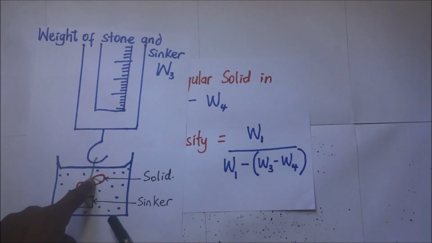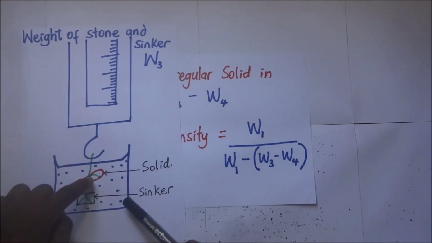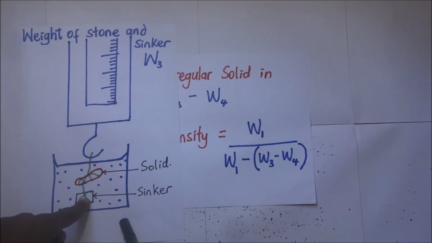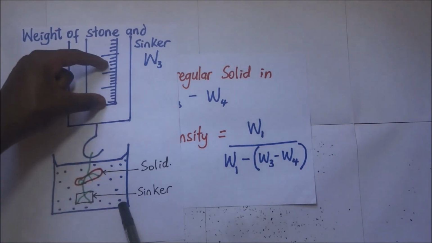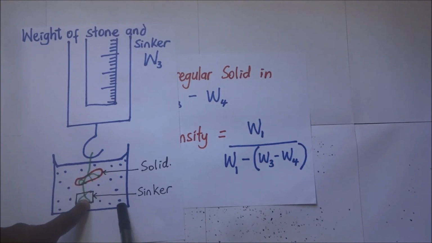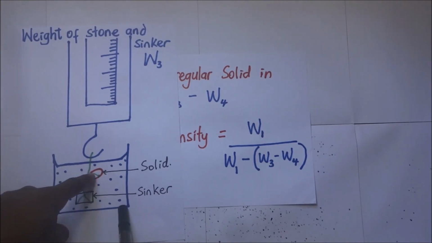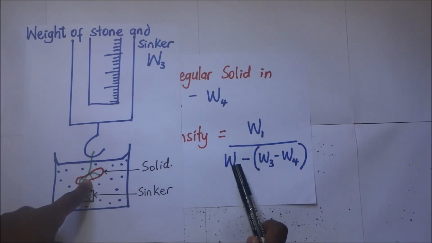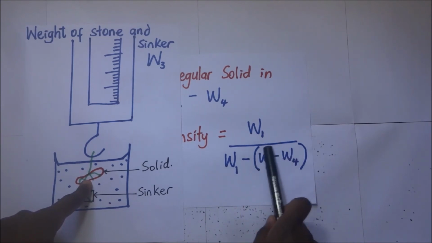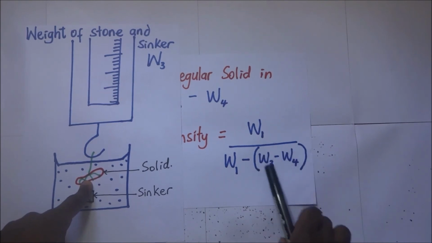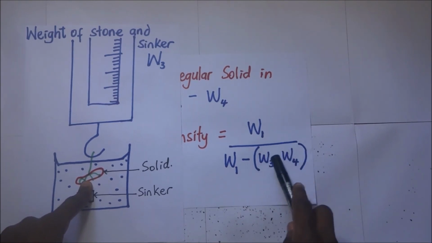Now, this solid whose relative density we're looking for, when it was in water, it was there together with the sinker. That is why the weight that was recorded here was the total weight of the solid and the sinker. But now for us, we are only interested in the weight of the solid. So what does that mean? It means that for us to get the weight of the solid in air minus the weight of that irregular solid in water,